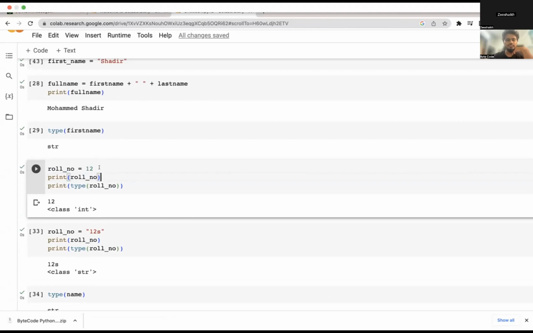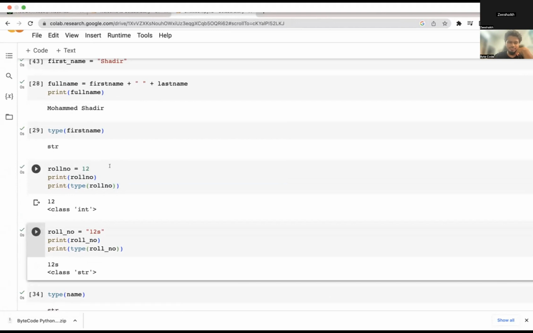Is that specific to roll number, or when we mention any kind of integer, do we need to add this underscore to it? No, that doesn't necessarily mean it; you can also write it in camel case as well, and it will work out. It is up to you.